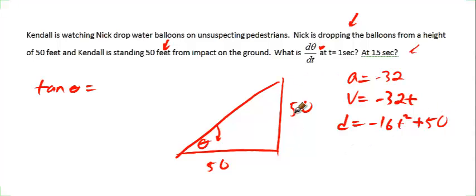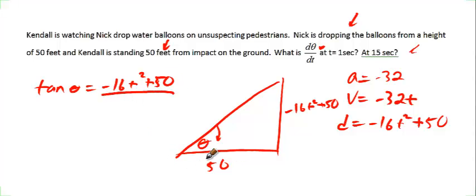And we can see that our distance, our height, is changing. It's starting at 50 if t was 0. And as t gets larger, you're going to have a negative number plus a positive. It's going to get smaller and smaller and smaller. This is really what we want to have for our y value. All right, so tangent of theta is going to be negative 16t squared plus 50